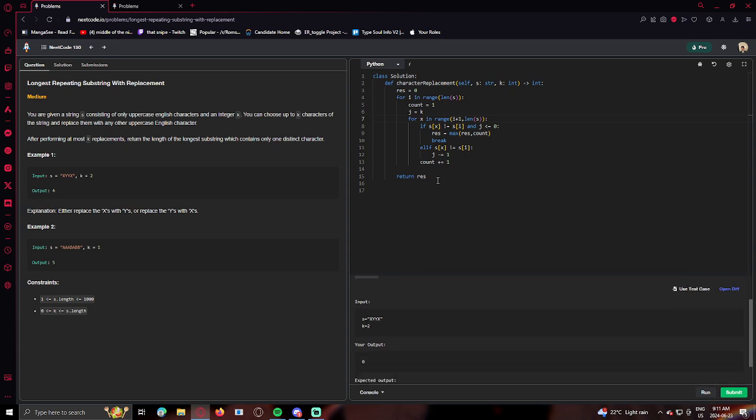Let's see. X, Y, Y, X. Count equals 1 again. We get to the new letter. And j is less than or equal to 0. J is not less than or equal to 0 though. J is 1. Okay, so what we're gonna do is